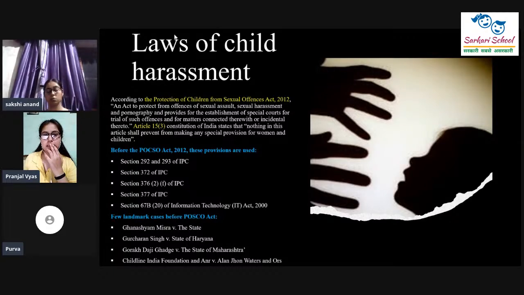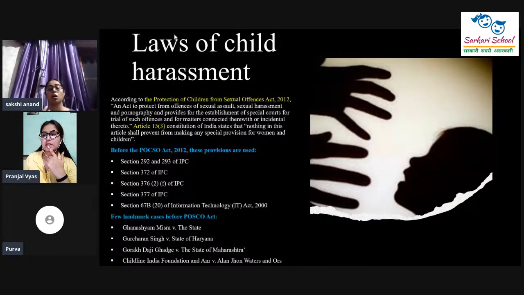There are many laws indeed, but the main law which we say is the safest law is known as the POCSO Act, that is the Protection of Children from Sexual Offences Act, 2012, which protects against the offenses of sexual abuse, sexual assault, sexual harassment, and pornography, and provides for the establishment of special courts for the trial of such offenses, and for matters connected therewith or